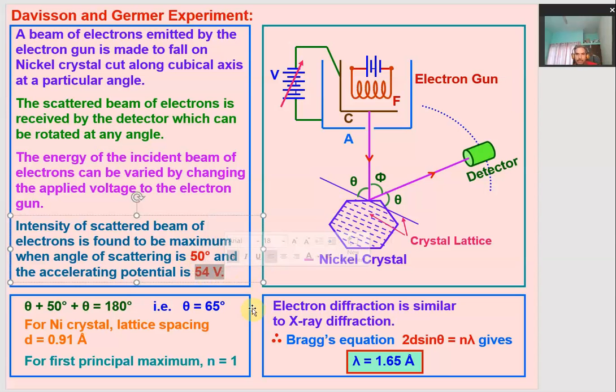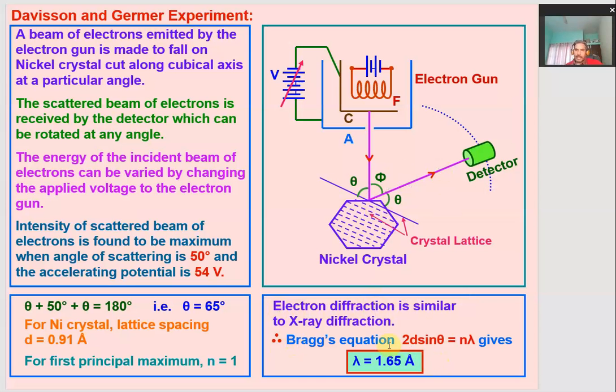From these observations, the de Broglie wavelength has been calculated by two methods: one proposed by the de Broglie hypothesis and the other by Bragg's equation. Because if electron diffraction is similar to X-ray diffraction, we can apply Bragg's equation here also. So let us find the wavelength associated with the scattered electron beam by the first